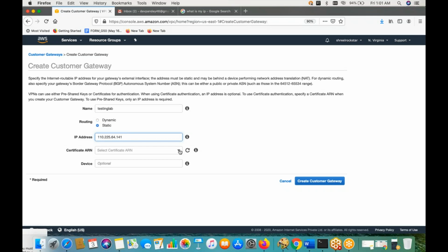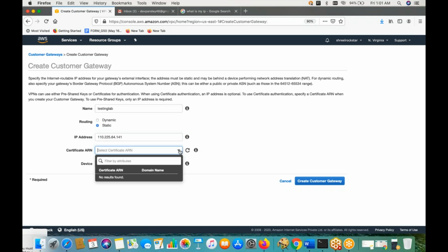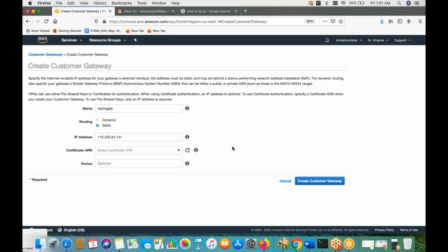Also, if they give you a certificate, in that case you can use it for managing communication based on certification requests. They will give you the certificate first, and you can attach it in your ARN. ARN is, again, Amazon Resource Name.